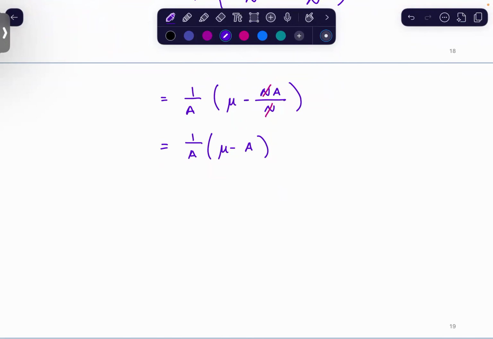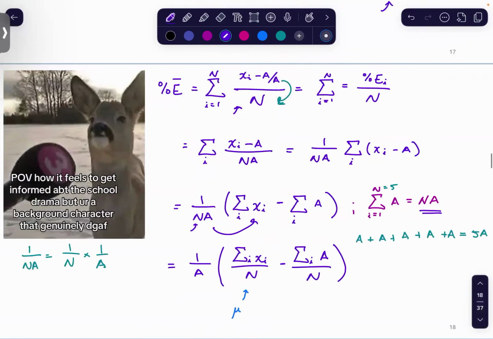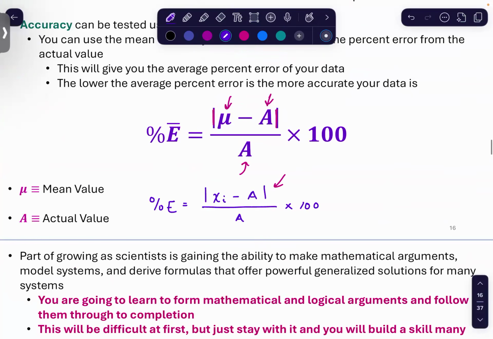And now what I can do is take that and rewrite it as, we were calculating the average percent error. That's going to give me mu minus a over a. And we can rewrite it with our absolute value if we want to. And you could put your times 100 back in. But what you've now done is you've said, okay, well, I've come up with a formula that gets me to here and shows that that is a correct formula, meaning